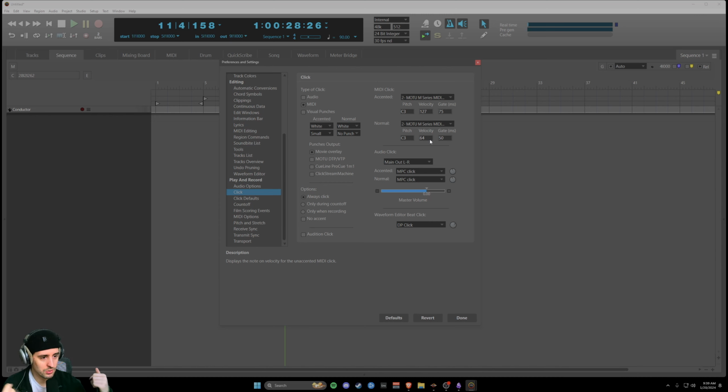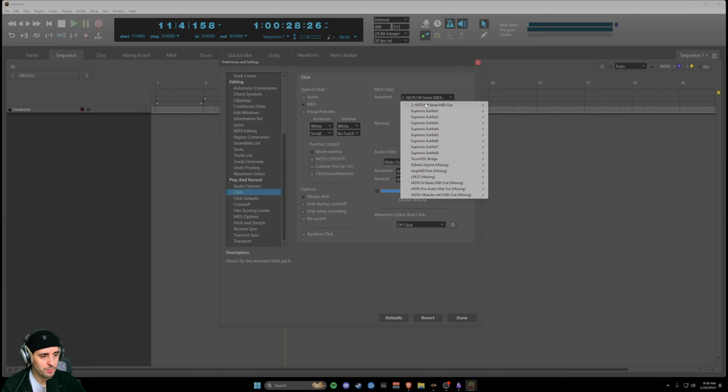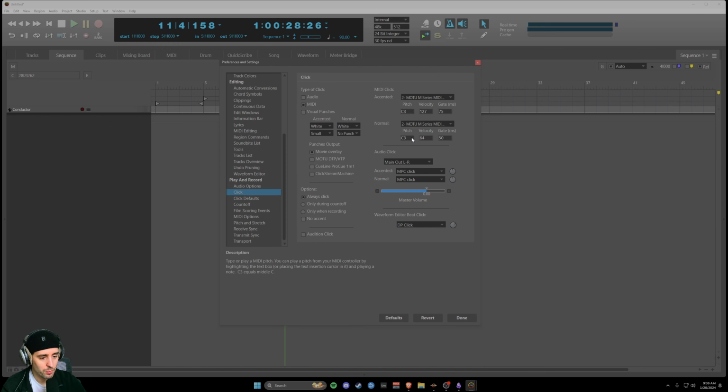It's just basically you're sending click information, like MIDI data, over some specified MIDI output, an external device, to put it lightly. And you're more specifically sending some sort of note and velocity information to that module, so it triggers a certain sound so that you can hear it. So it's just using an external MIDI device or sound module to generate the click noise that you want to hear,